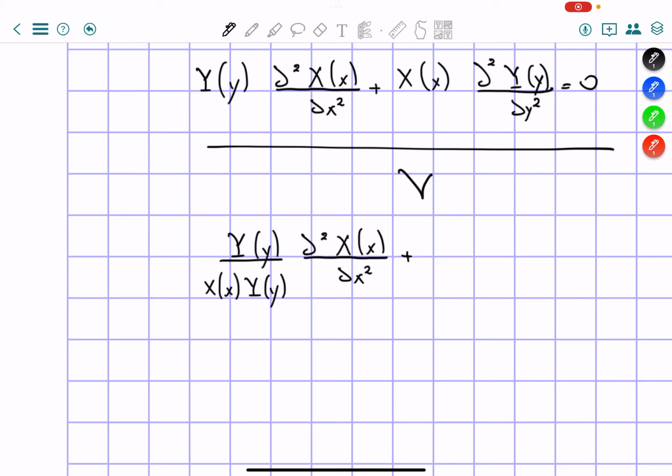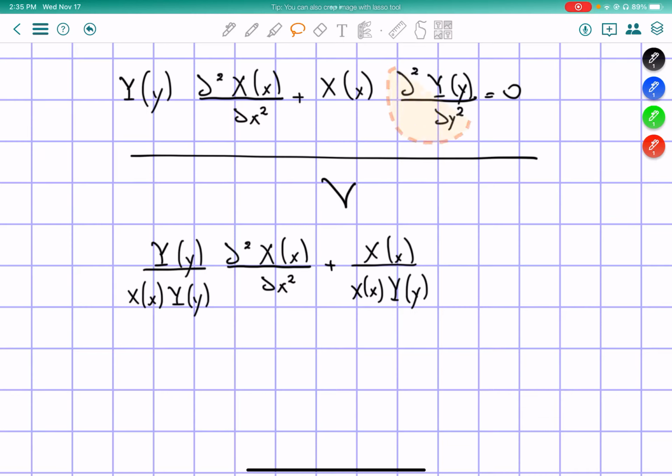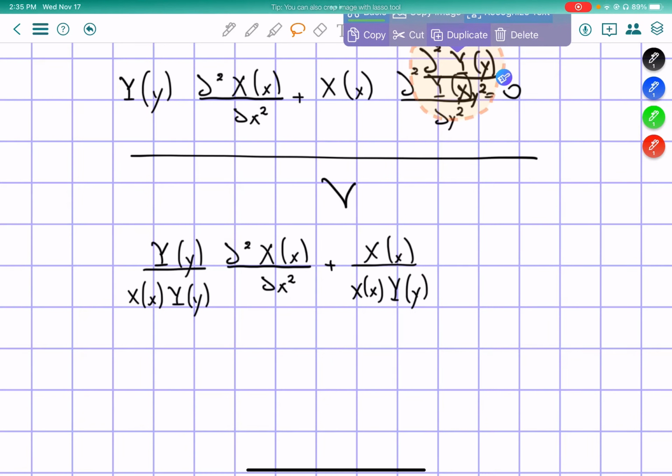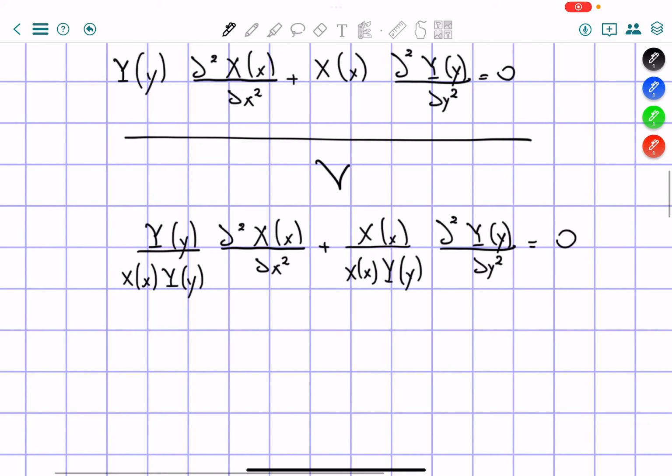plus then we're going to have capital X in terms of x divided by capital X in terms of x, capital Y in terms of y. And then the second part is going to be the same. And then 0 divided by anything is simply going to be 0, so it's 0 again. So now we can simplify, and we can cancel this capital Y, this capital Y, this capital X, and